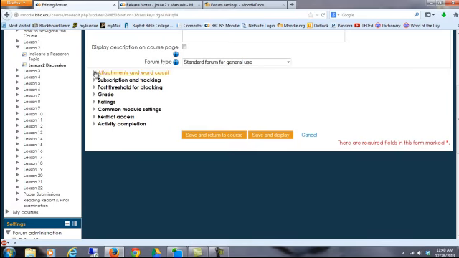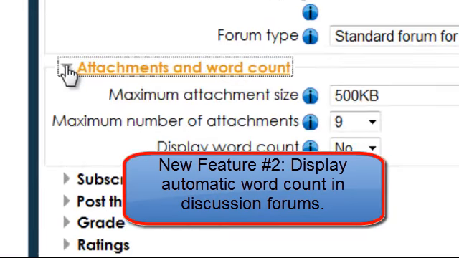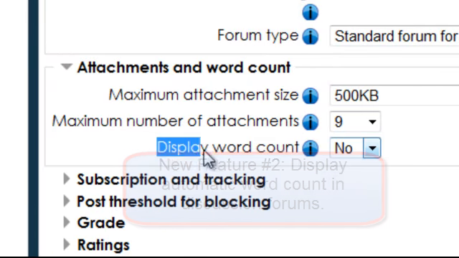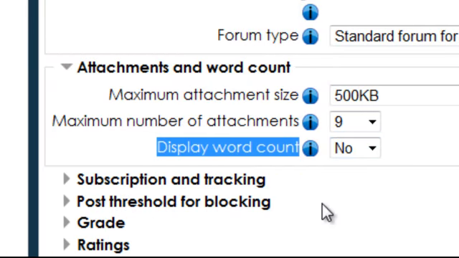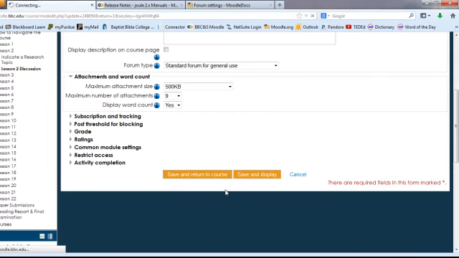Now you'll notice that there is an added feature for discussion forums. So if I click on this little arrow here, I can see what's beneath it. And this is a new thing, display word count. If you enable that by just clicking on yes and save and return,